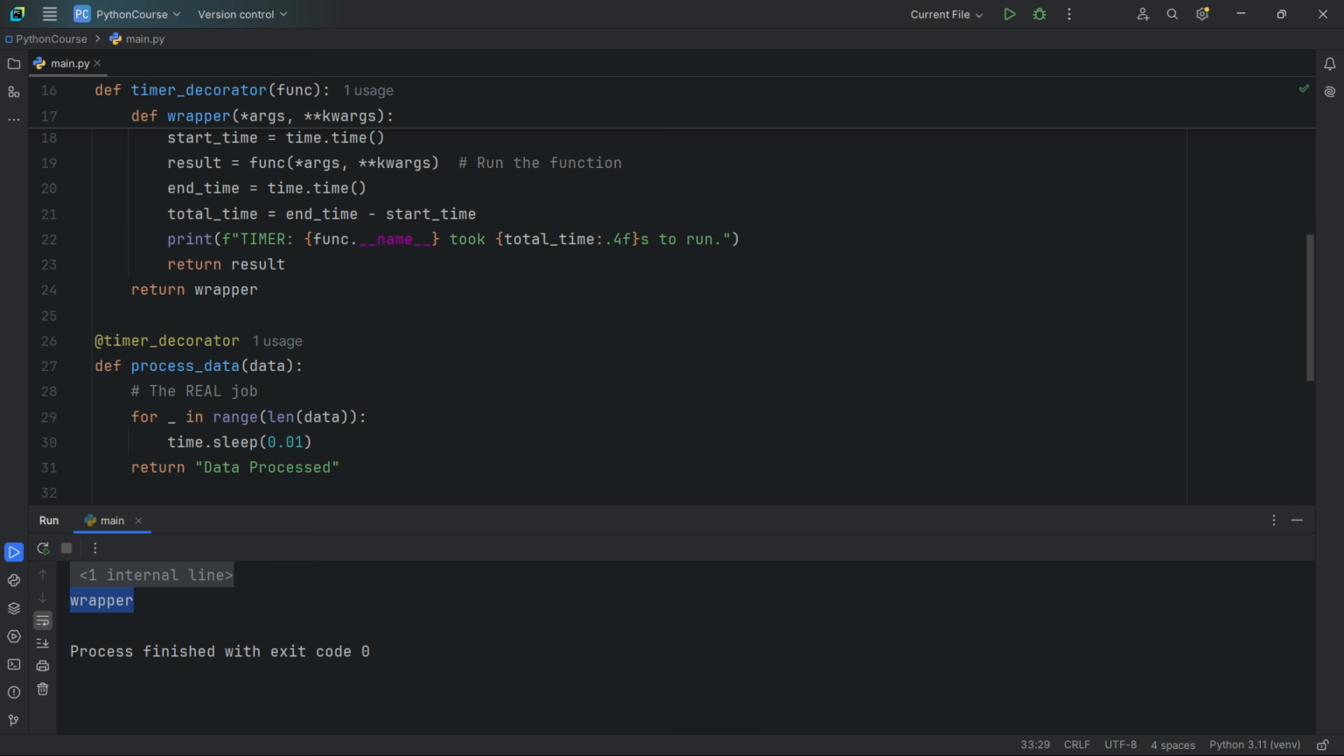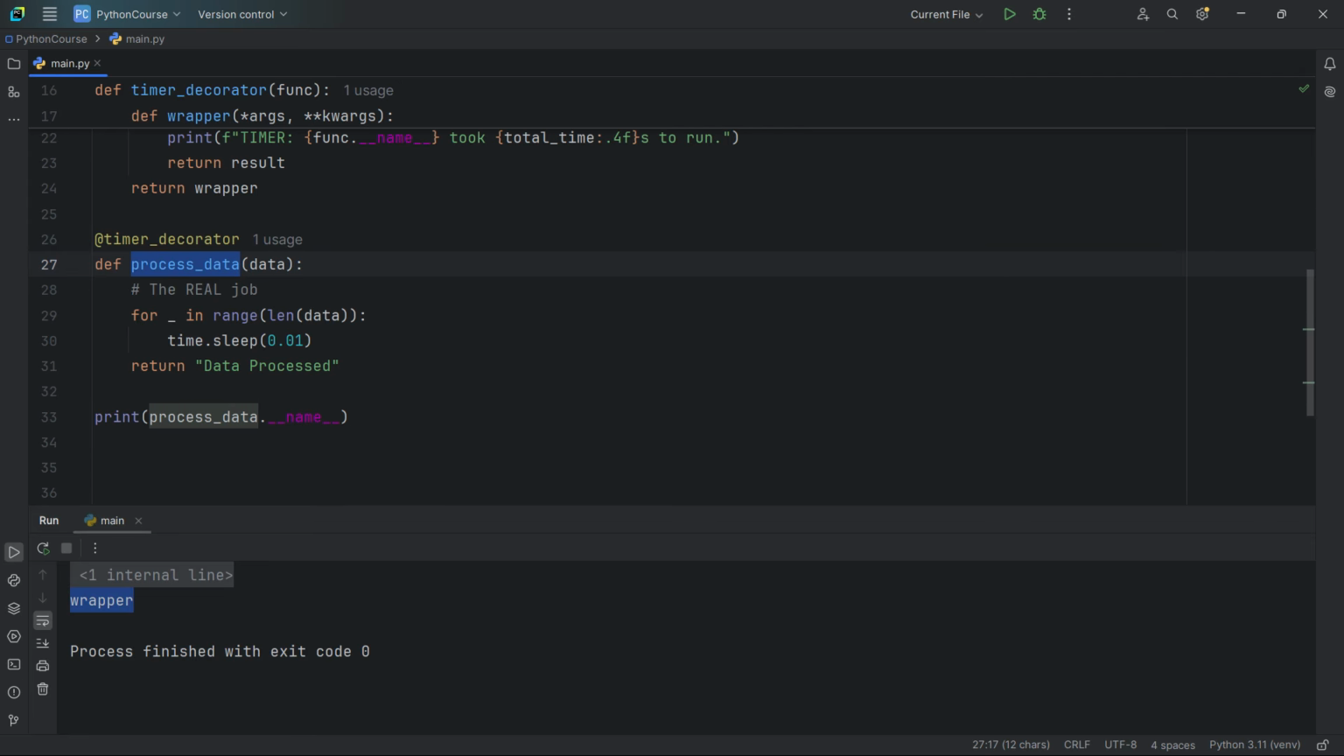Why? Because process_data is the wrapper function. We have lost our original function's name, its help string or docstring, and all its info. This can break other programs that try to inspect our function. Python, of course, has a decorator to fix this. It's a decorator for your decorator, and it's called